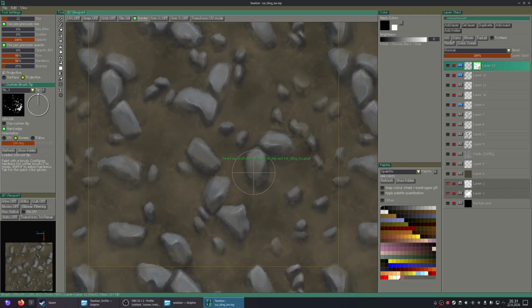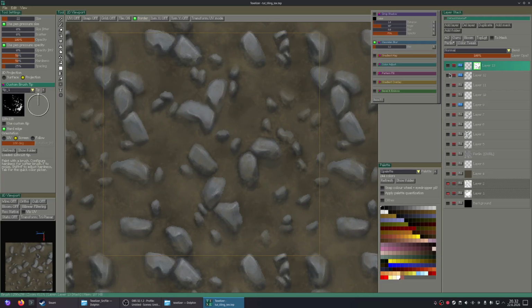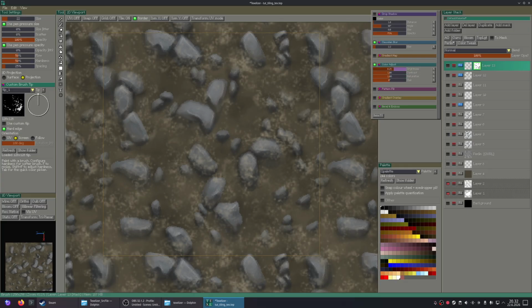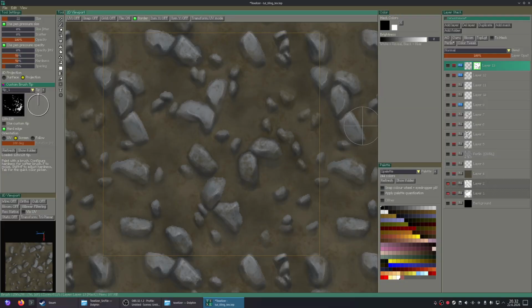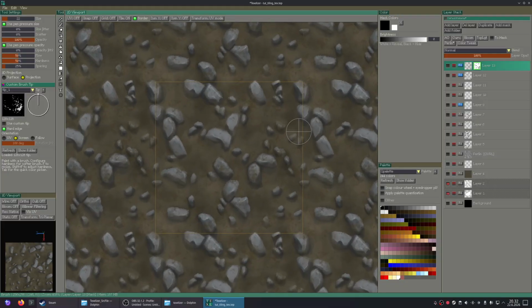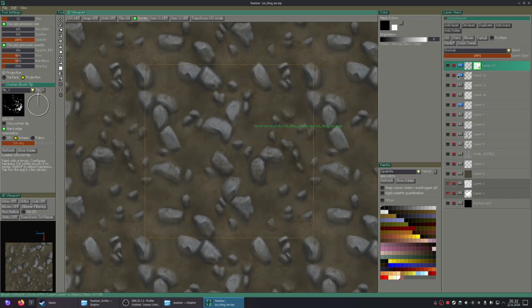So that makes some kind of... If I make it just a bit lighter... Yeah, that doesn't work. What if I put it darker? That actually might work. Yeah, I think that is working, the darker one. Okay, let's do that.